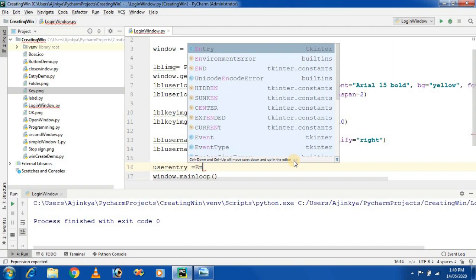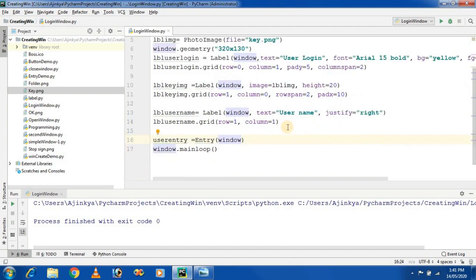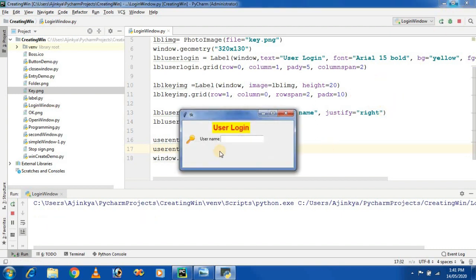By using the Entry widget. The Entry widget requires the window, that is, it is placed on the window. So user entry dot grid, placed at row number 1 and column number 2. So run the project. So this is our entry and username.